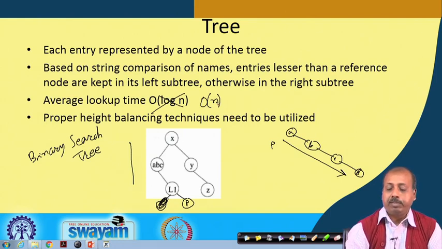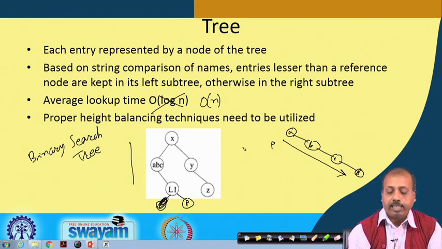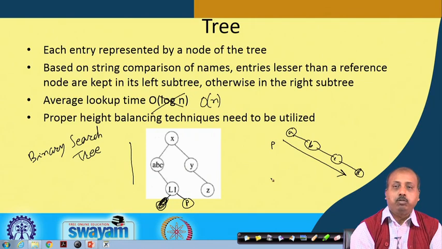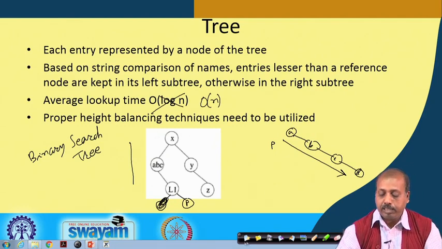But for all practical purposes this will not happen, because we will be getting symbols such that we get the left and right branches both, and it becomes more balanced. And if it is not balanced, there are techniques by which you can do this balancing, known as height balancing. I suggest that you look into a data structure book that talks about height balanced trees. Proper height balancing techniques can be utilized so that the complexity of lookup can be made equal to log n. So, this way we can take help of these tree type structures.